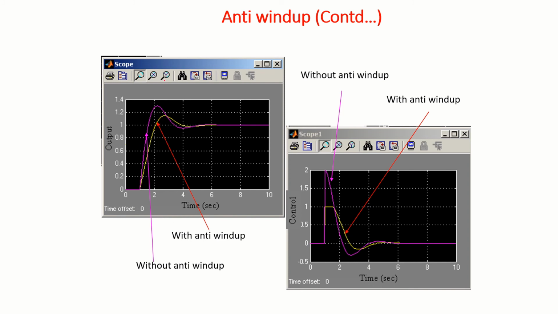Without anti-windup, you can see there is a large overshoot, and the corresponding control signal you can see. You see here, this is how it is building up.